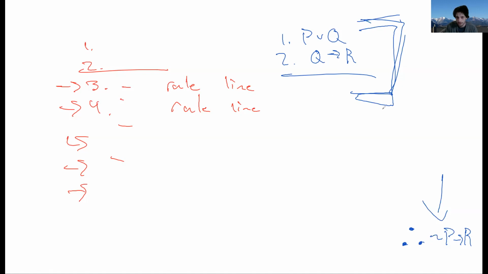Right? So that's all this argument is trying to say. It's not saying that these things are actually true. It's just saying if we start off believing that these things are true, you better believe that this is true too. And so what we can do here is we can try to scan through our various rules